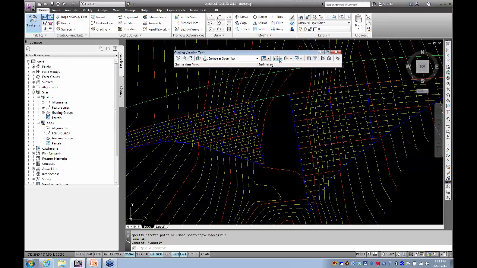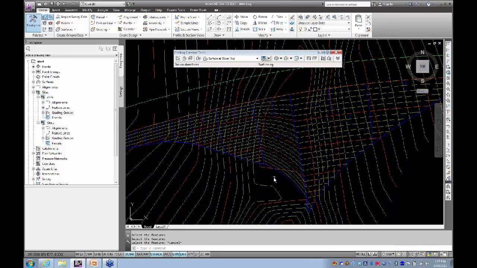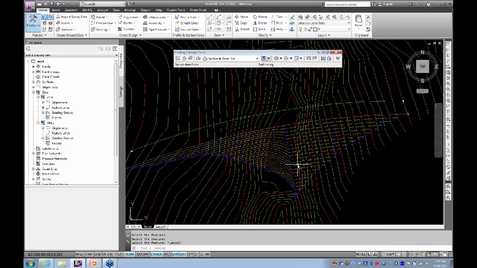What we want to do here though is, from the drop down where we created the gradings before, go create transition. When you do the create transition, it says select the feature on the command line, so select the feature line that we want to run it off, and then it asks for a location between two gradings, which is why I left this gap. You simply click in that area there, it fills it in and looks about right, so hit enter or escape. Escape works better, and you can see it's put in that,